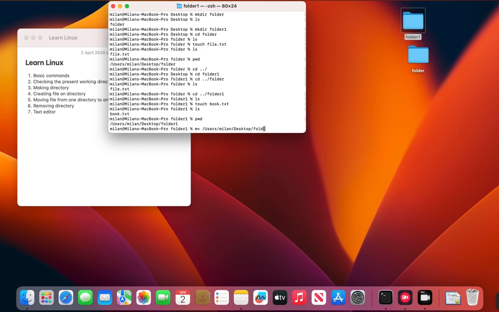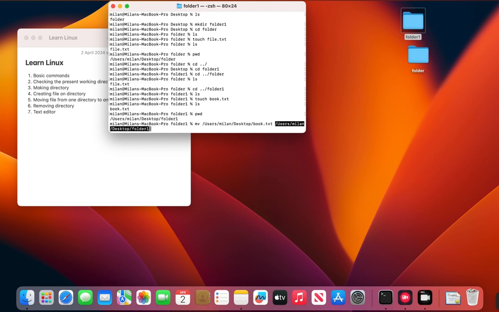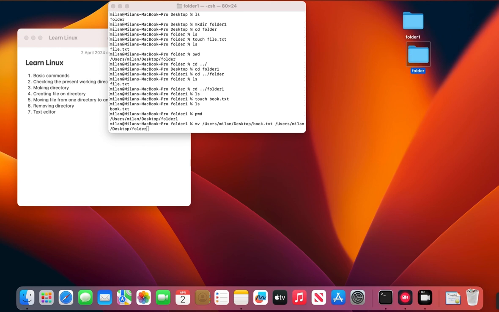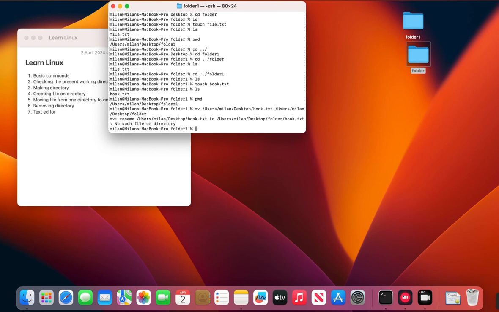So what we can do is book.txt to where we can do this, to folder, to where we are moving this. We are moving this book.txt to this folder where file.txt is. So what we did is we did move and this path to this path. So if you hit this one, sorry, if you hit this one,